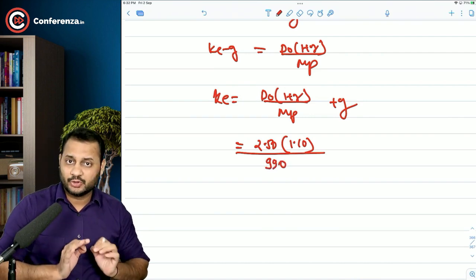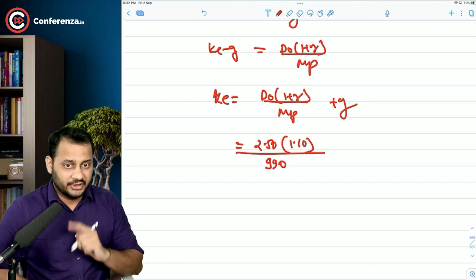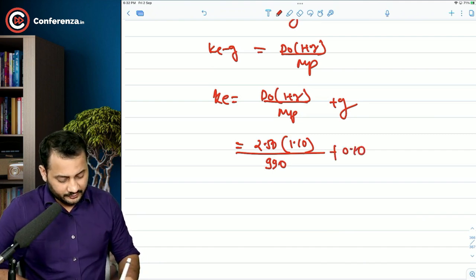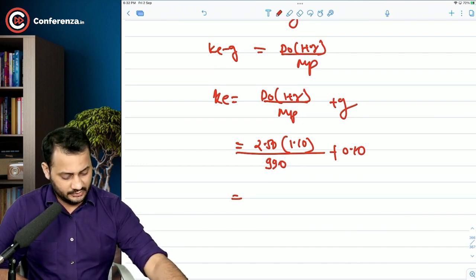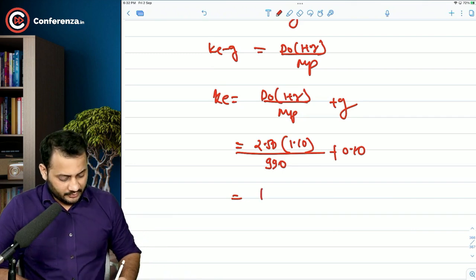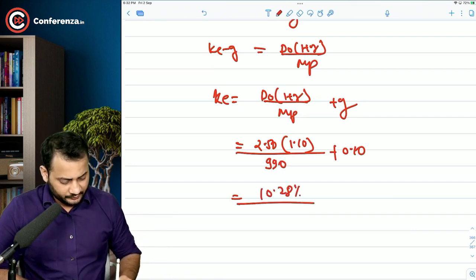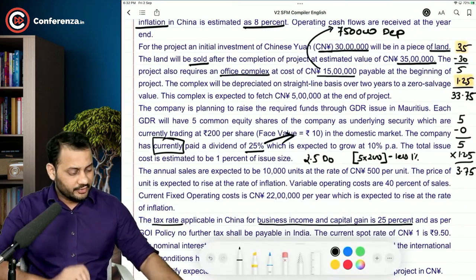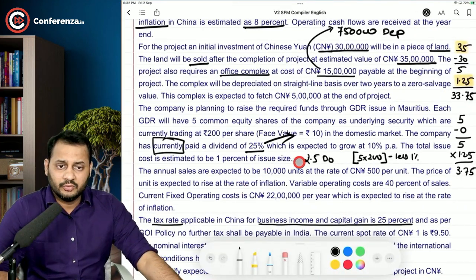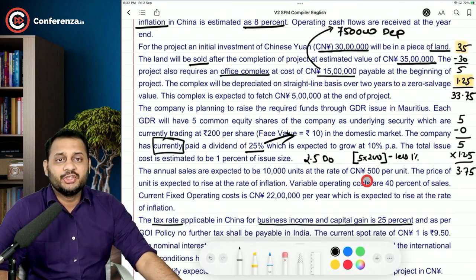Net proceeds has to be taken, 1% less issue cost, right? Plus growth of 10%. Now 2.5 into 1.1 divided by 990 plus 0.10, that's somewhere around 10.28%. Let's see what is the actual cost of equity. We'll look after it. Now the annual sales are expected to be 10,000 units at the rate of Chinese yuan